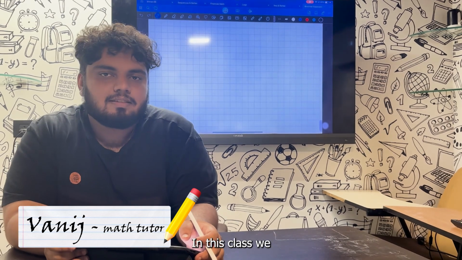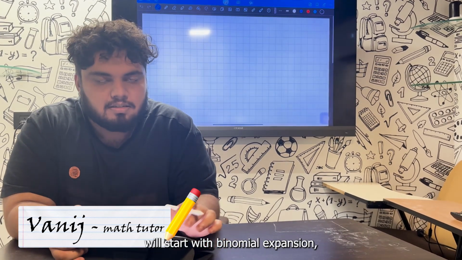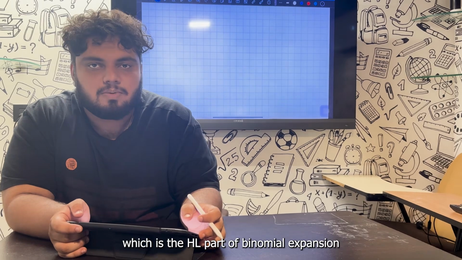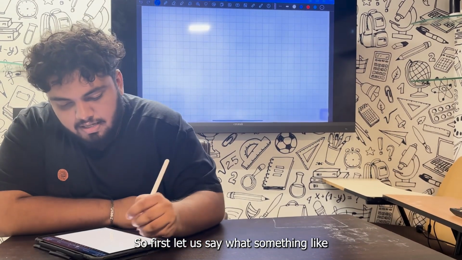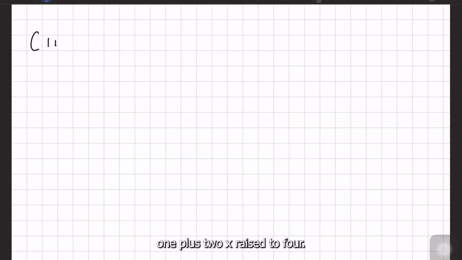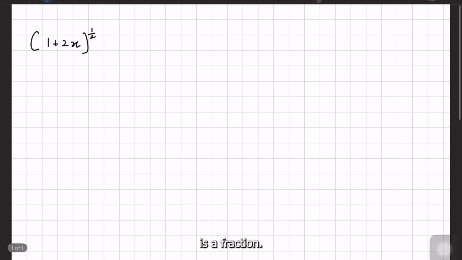Hi everyone. In this class, we'll start with binomial expansion, which is the HL part of binomial expansion for your AHL syllabus. So first, let's say I've got something like (1 + 2x)^4. I know how to expand this using the normal binomial expansion formula. But now instead of 4, let's say I've got half. So if my power now is a fraction or a rational number,